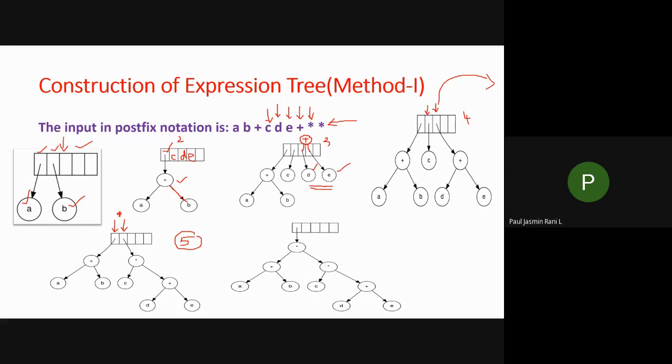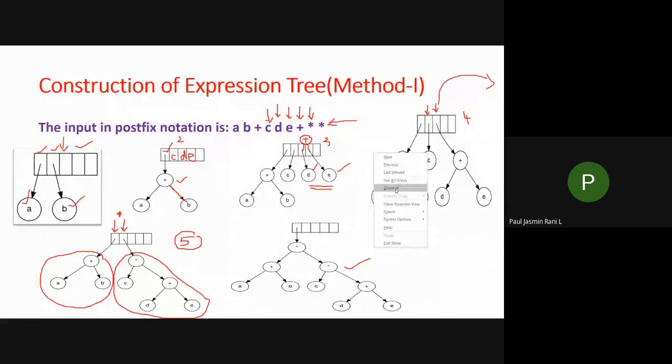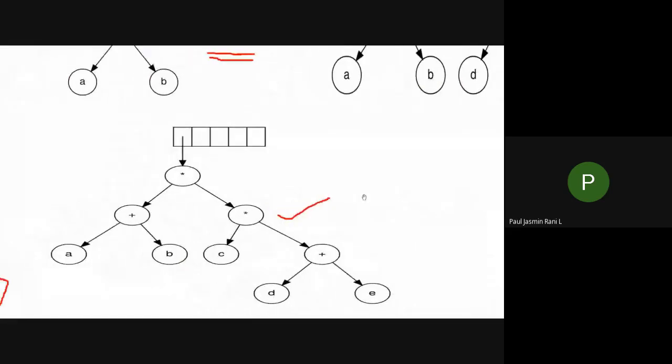On the right side of the asterisk operator, I should place the first popped element. The first popped element is nothing but this thing. This is the tree which I popped first from the stack. So I'm going to put that on the right side of the asterisk, and on the left side of the asterisk I'm going to put this subtree. After constructing this, I will get this tree data structure, which is the final one. This is the final expression tree I got from this postfix expression.